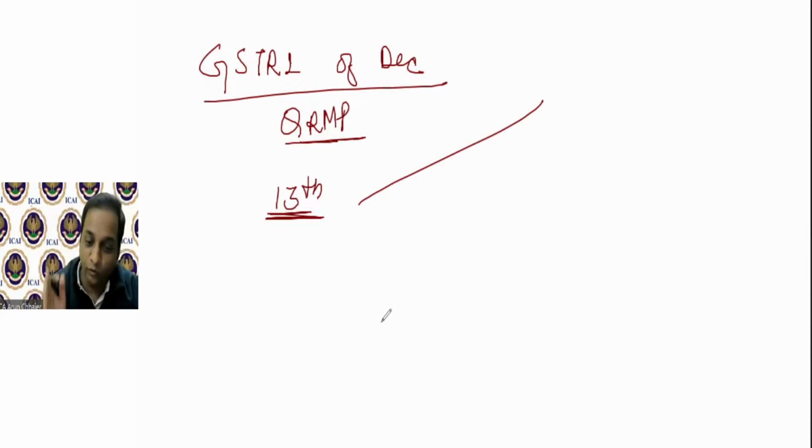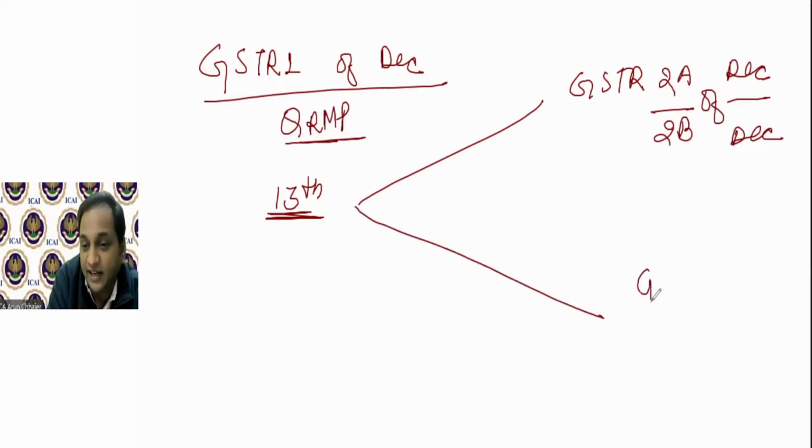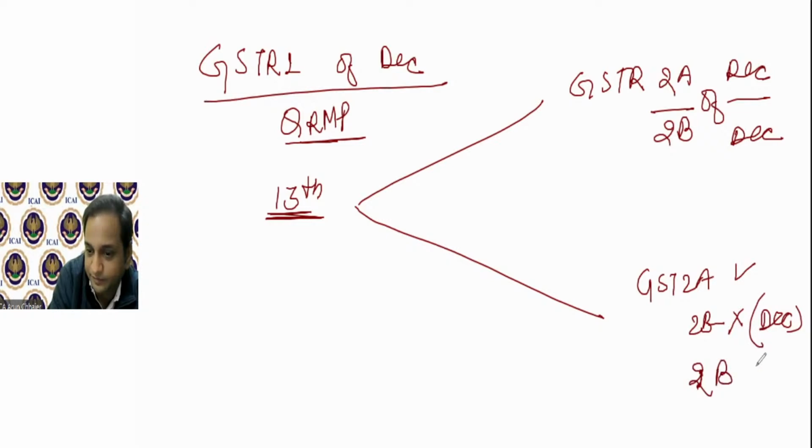Static का मतलब fix हो गया, वो change नहीं होता हर बार, 13 तारीख की midnight को generate होता है। अभी बात करते हैं। अगर 13 को file कर दिया तो GSTR 2A and GSTR 2B of दिसंबर would appear in the recipient। But अगर due date के बाद furnish किया तो GSTR 2A में तो आएगा, but 2B में नहीं आएगा। नहीं आने का मतलब क्या, दिसंबर में नहीं आएगा, जनवरी में तो आएगा ही आएगा।